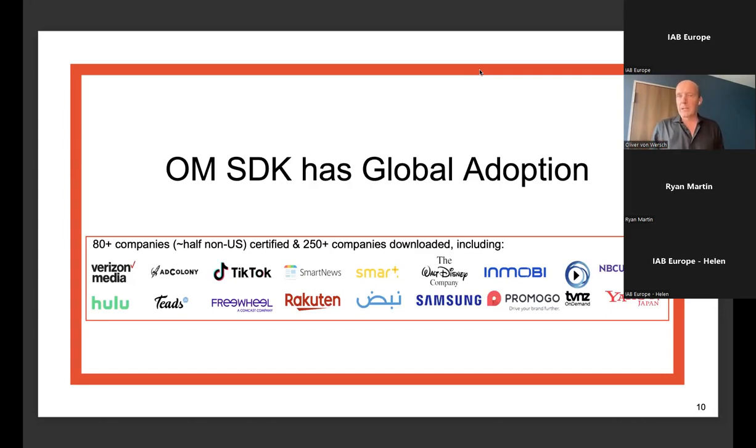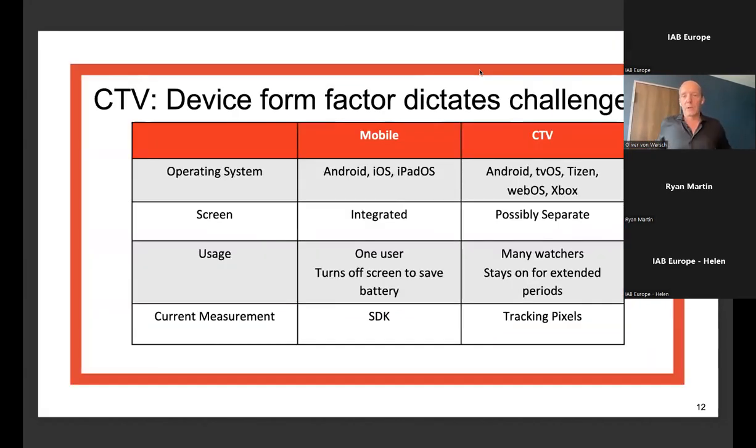The Open Measurement SDK certification is one of the most used certification processes which IAB Tech Lab runs, because there's the obvious need for standardization and also for technically verifying how measurement processes are working. So you see also a lot of companies who are present and who have been contributing to the standardization process, who are present in this webinar as well. So what are the features of Open Measurement SDK for CTV? Operating system wise, we act on Android, tvOS, Tizen, WebOS, Xbox. That's the scope of the Open Measurement SDK.